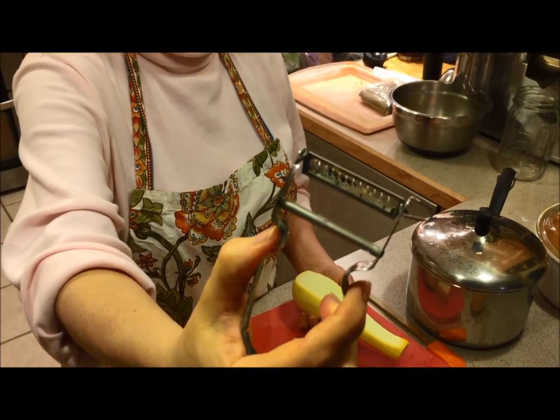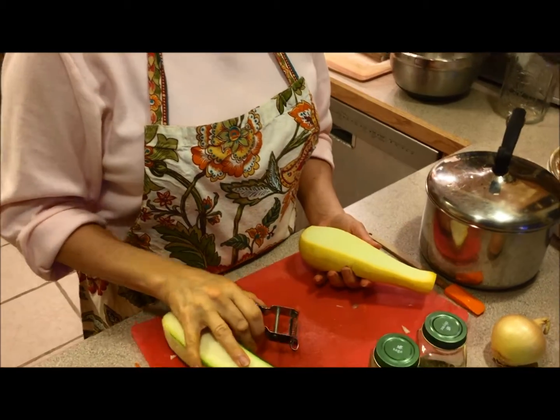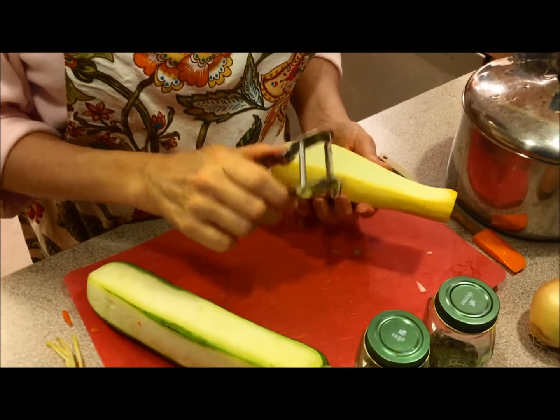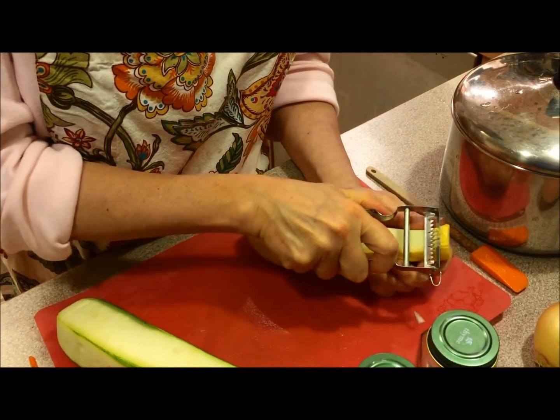I'm not sure what you're going to use. Maybe you have one of those spiralizers. Maybe you're just handy with a knife. Maybe you're just not going to worry about making noodles. I don't know. But I love using the summer squash to make noodles because they even look like the noodles